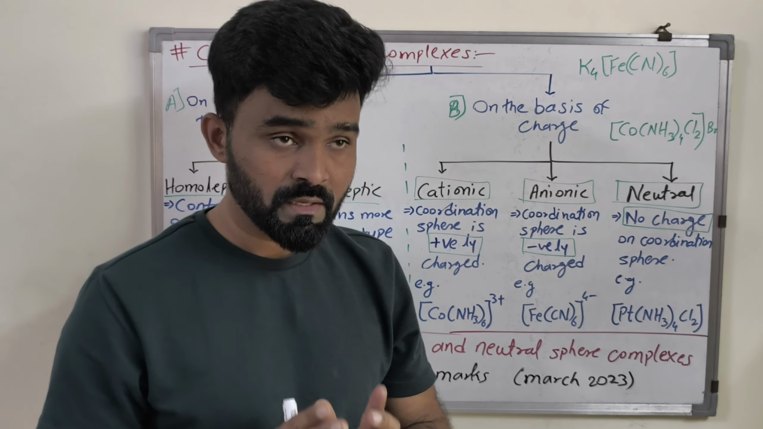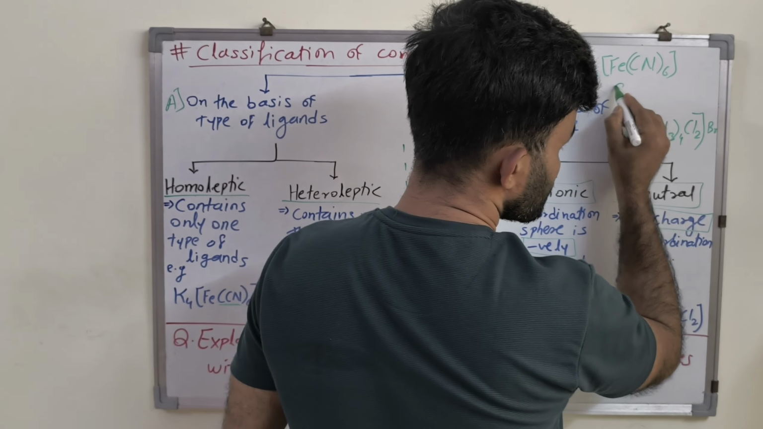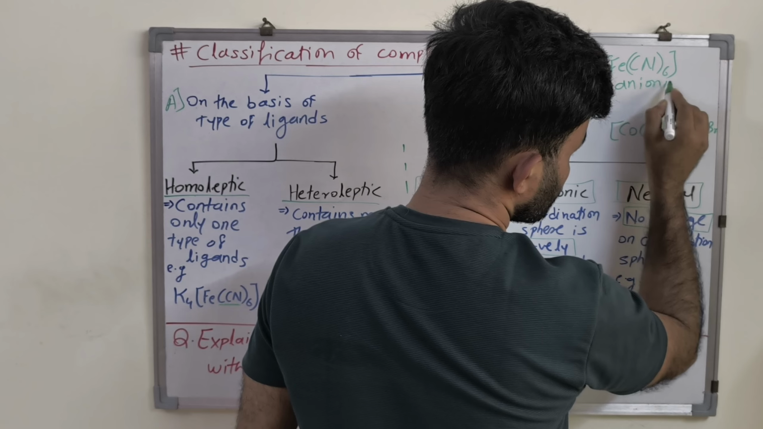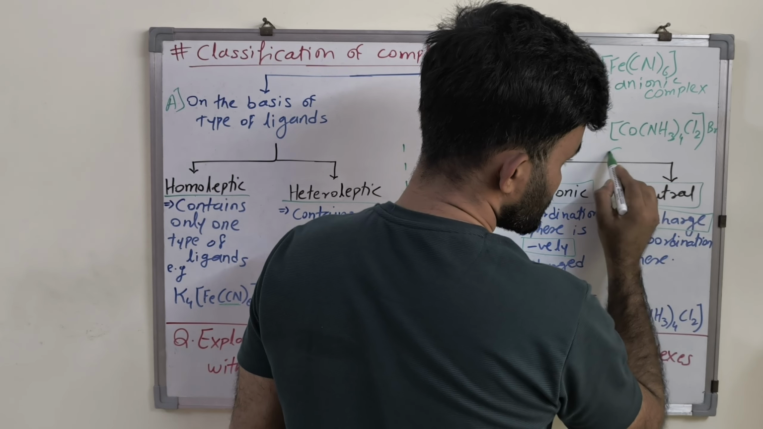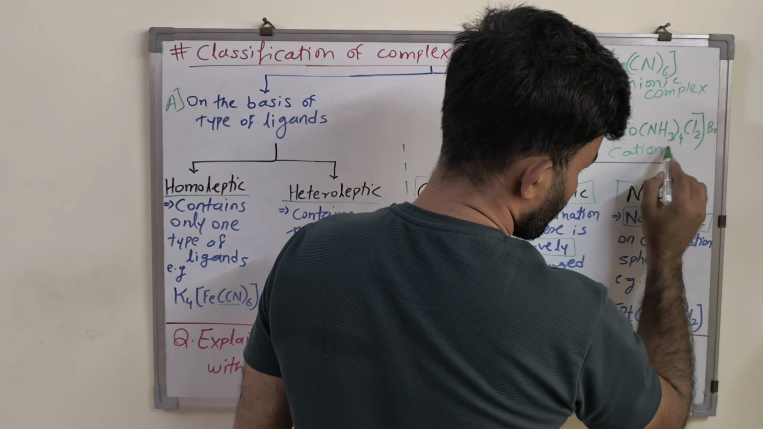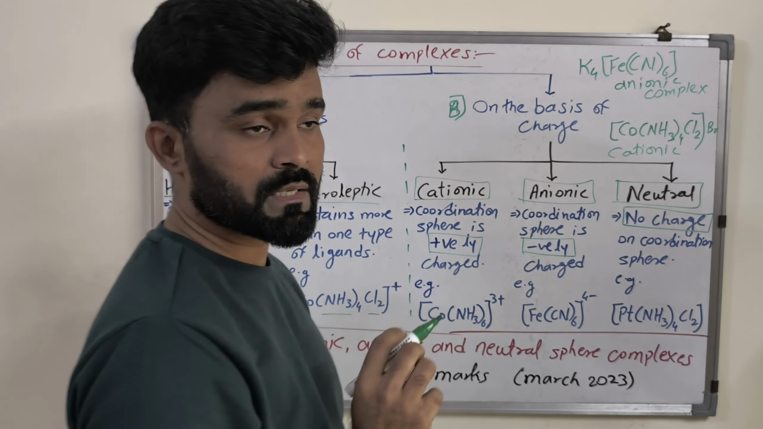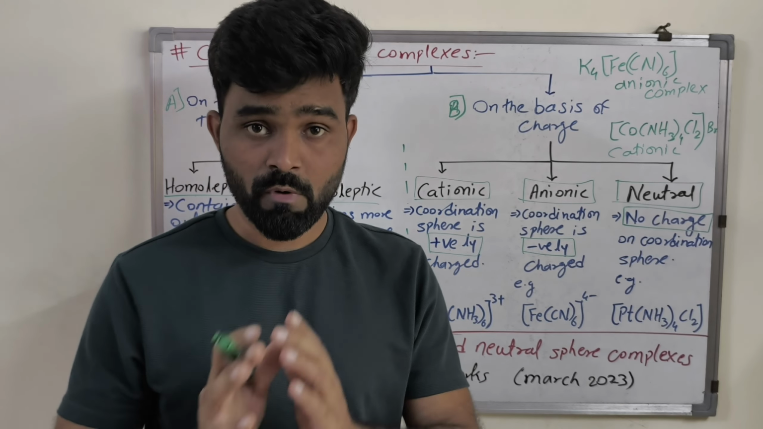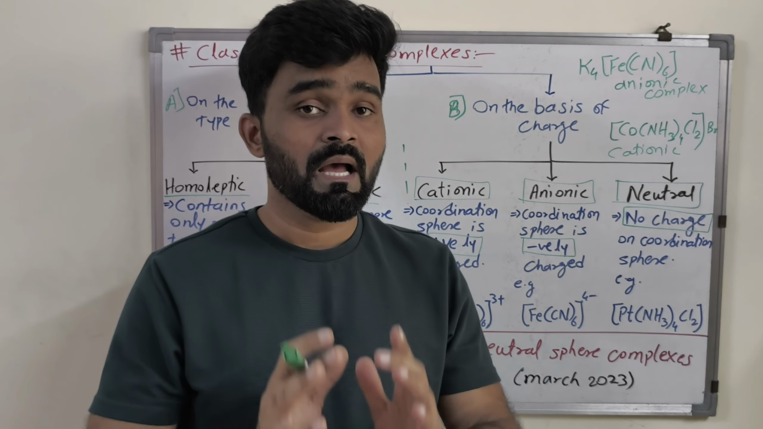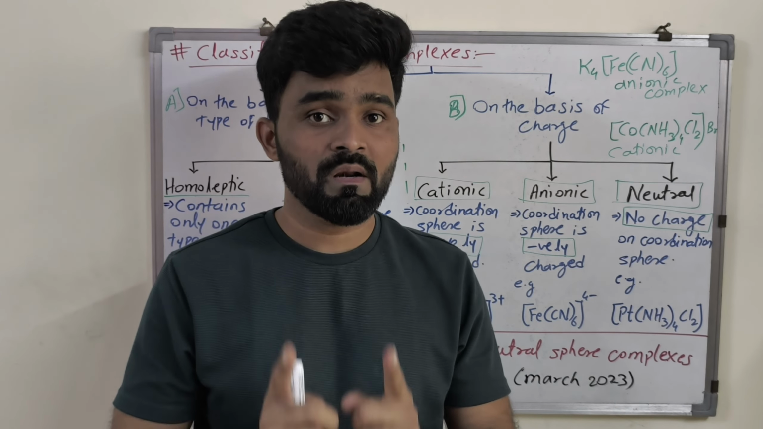समझ में आ रहा है ये पॉइंट? ओके, आई विल मेंशन दैट हियर. This is anionic complex and this is cationic. Okay, fine. I'll just move ahead, take a screenshot of this, and then we'll discuss Werner theory, which